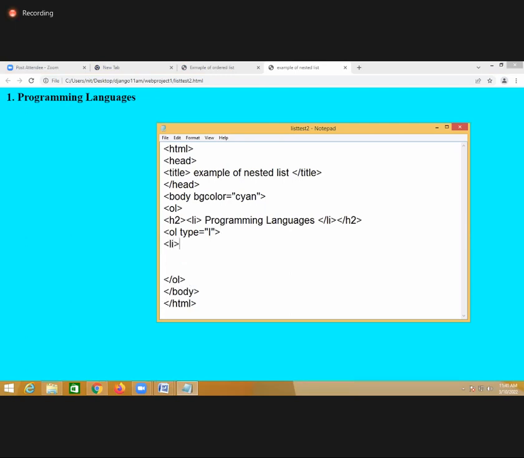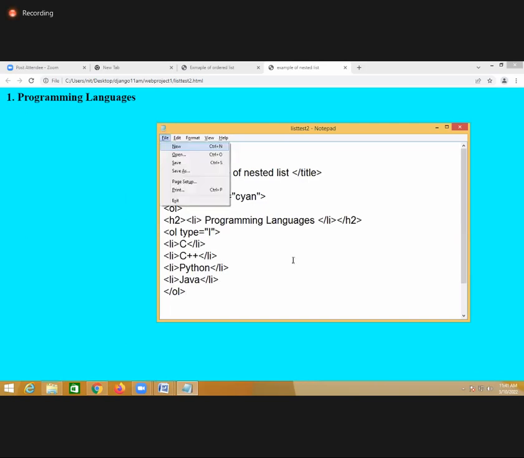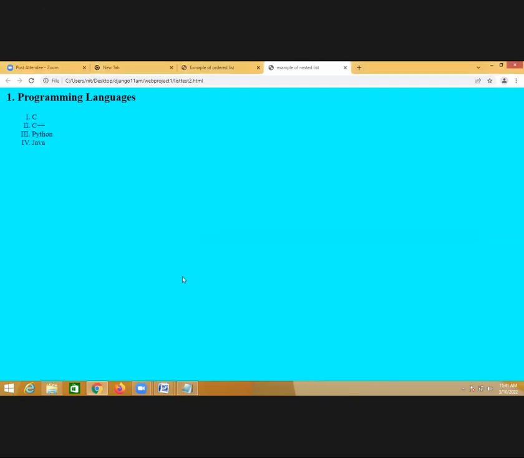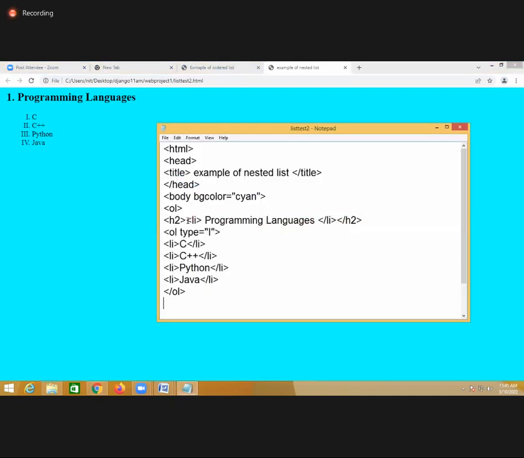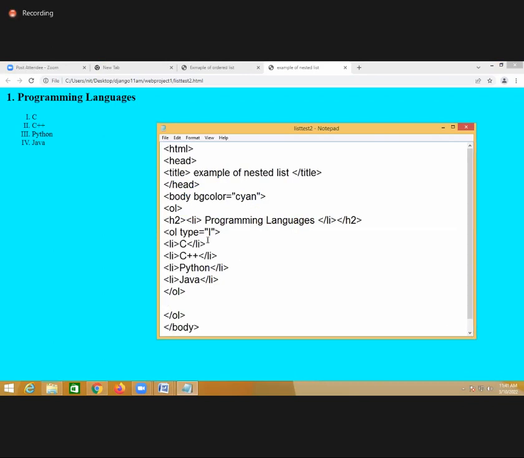Now you define the list of values. I'm saying C is one language, C++ is one language, Python is one language, and Java is one language. I close the ordered list. Now if you see this, C, C++, Python and one more, Java. Now if you want to define this as another heading,